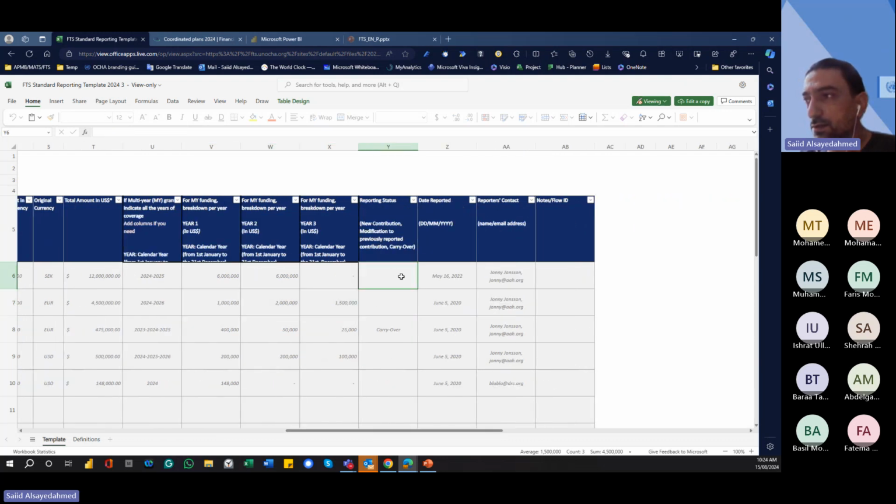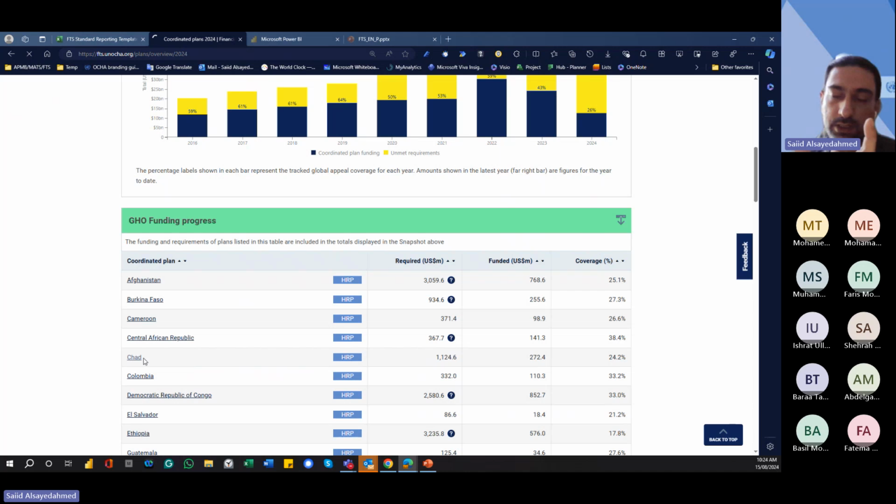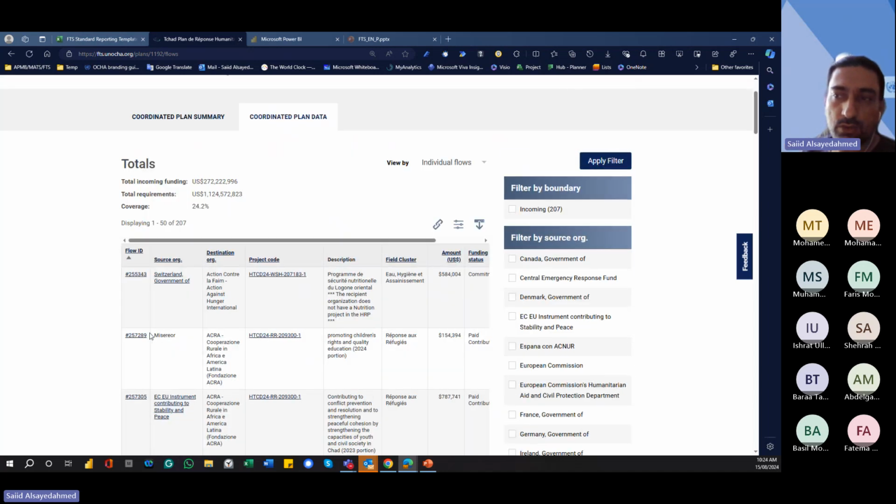And here we can see the reporting status, which lets us keep the same report going back and forth between us and you, because whenever you send a report, we will send you the flow ID of this report. The flow ID is a reference number. It's not the grant reference, but something between us, OCHA, and you as the reporter to follow. So you can tell me, for example, flow ID 257